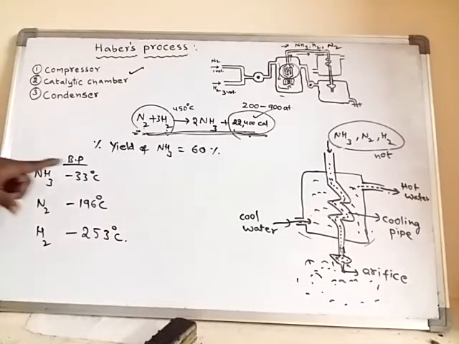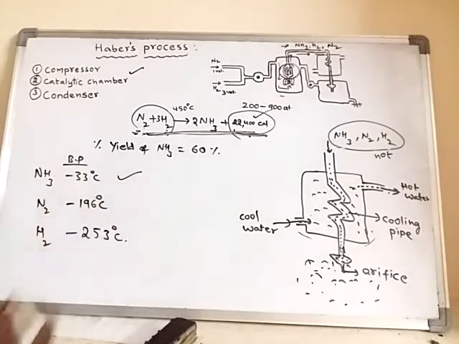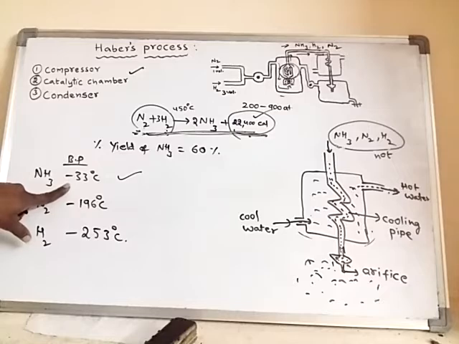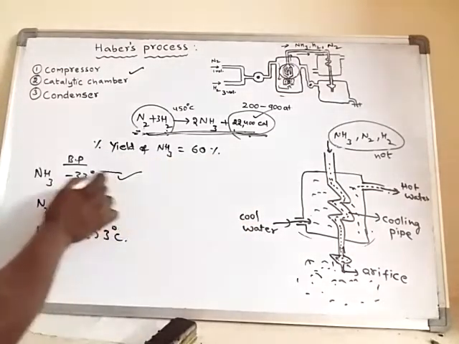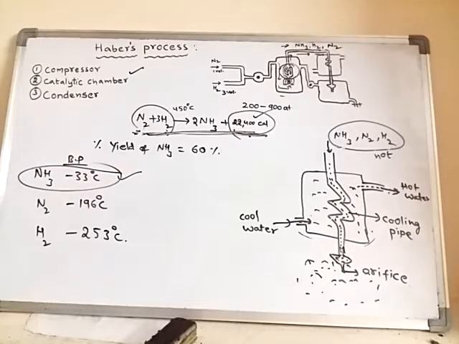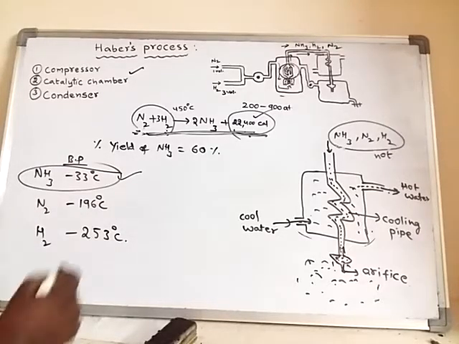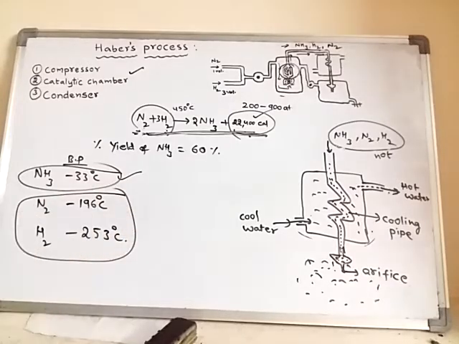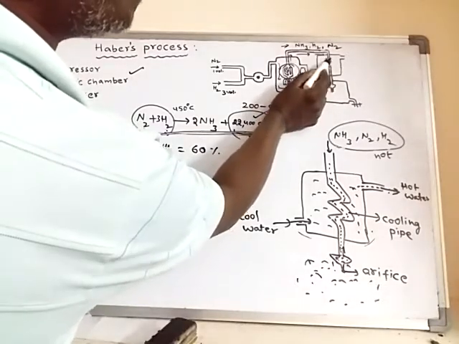So when the gases are allowed to cool, or allowed to liquefy, the gas which has the highest boiling point out of these three will convert into liquid fastly. So what happens in this reaction? Only ammonia will convert into liquid. But nitrogen and hydrogen, as their boiling points are very low, do not convert into liquid. Did you understand?